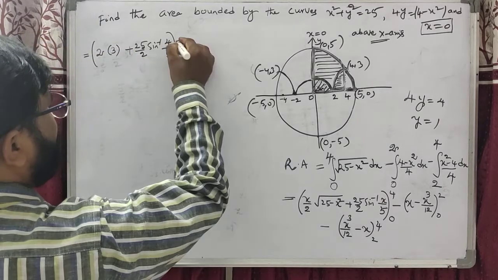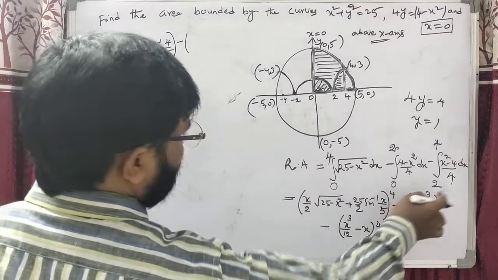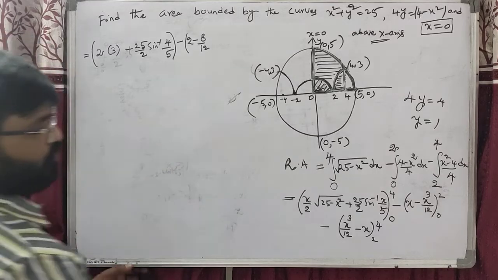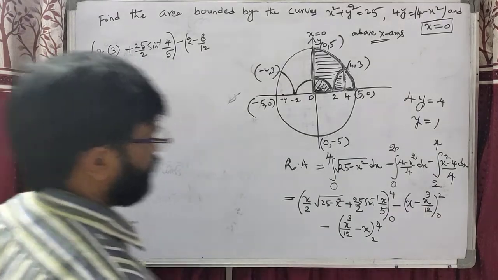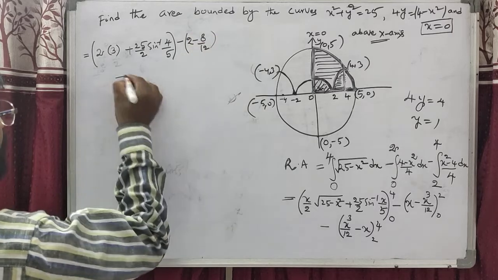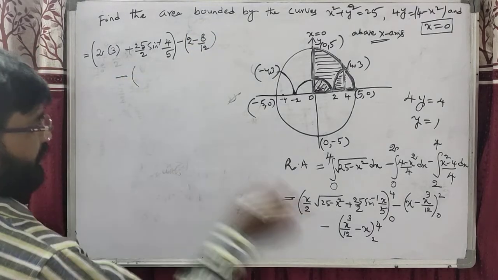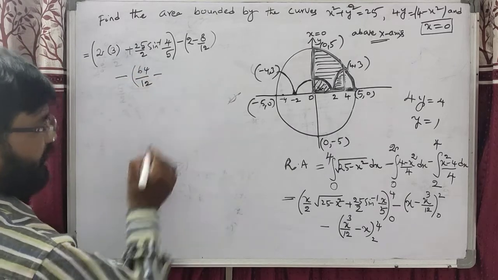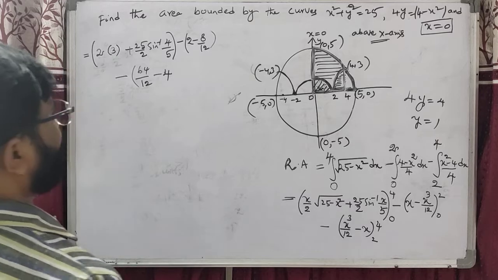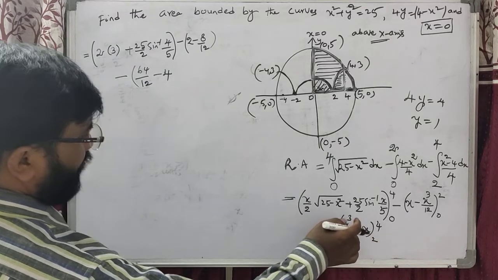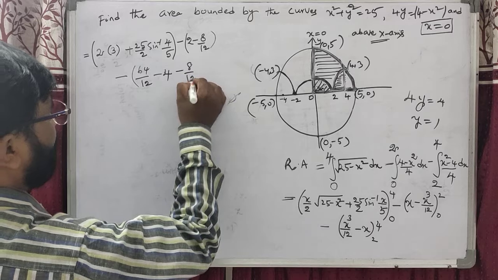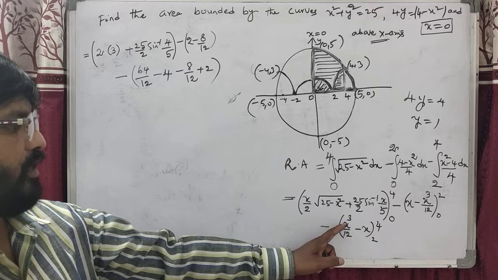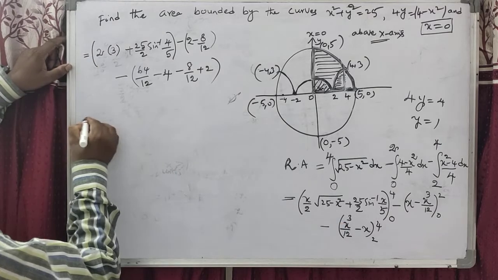Now students, the minus of, we can substitute the 2. 2 minus 8 by 12. Dear students, when we are taking the 0, it is 0. Now this is, students, minus of 4 cube is 64 by 12 minus 4. Now we are substituting minus 2 cube, which is minus 8 by 12, minus of minus plus 2. Dear students, 2 cube is 8. Okay students, now its simplification is 2 3s are 6,